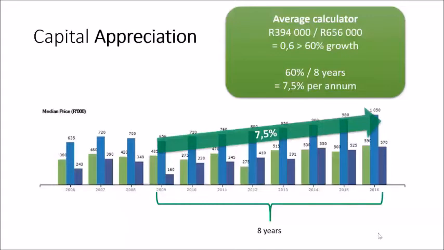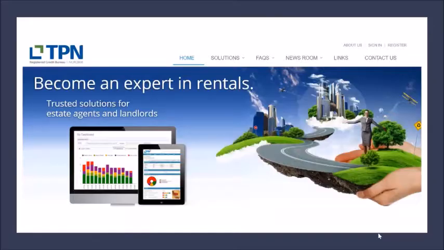If we jump right in, this is one of the reports that I pulled from TPN, which states that by the end of 2018, 73% of tenants rent for less than 6 months. And at the bottom part of the graph, the axis, you can see the percentage of people that are renting for those price points. So you can see 20% of people rent for less than 1,000, 52% between 3,000 and 7,000 rand, and so on and so on.